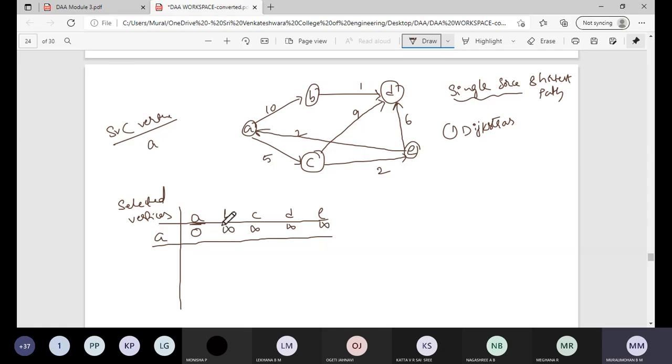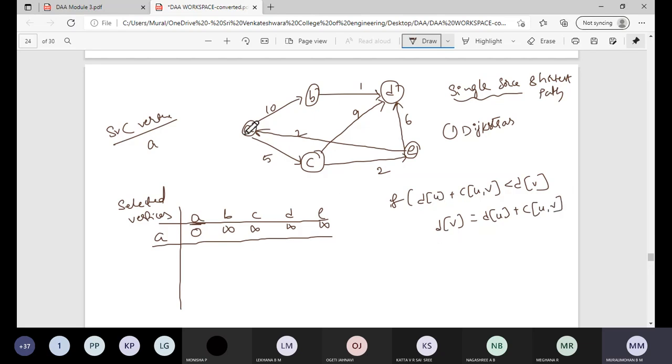Okay, what is the distance from A to B now? So the distance of A is 0. Now the distance of B is infinity as of now. Now you calculate and write here the latest distance from A to B. How to calculate? Already we are having a formula, right? That is, if d of u plus c of u comma v is less than d of v, then you calculate d of v as d of u plus c of u comma v, right?